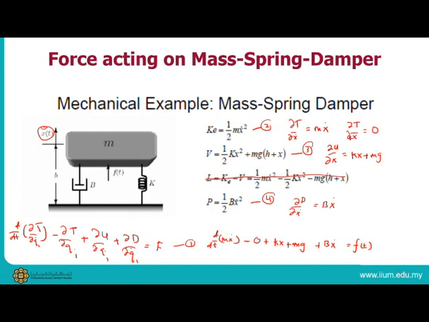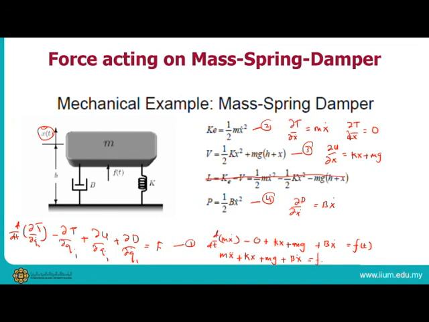Right, so if you differentiate this one, you can get mx double dot plus kx plus mg plus bx dot